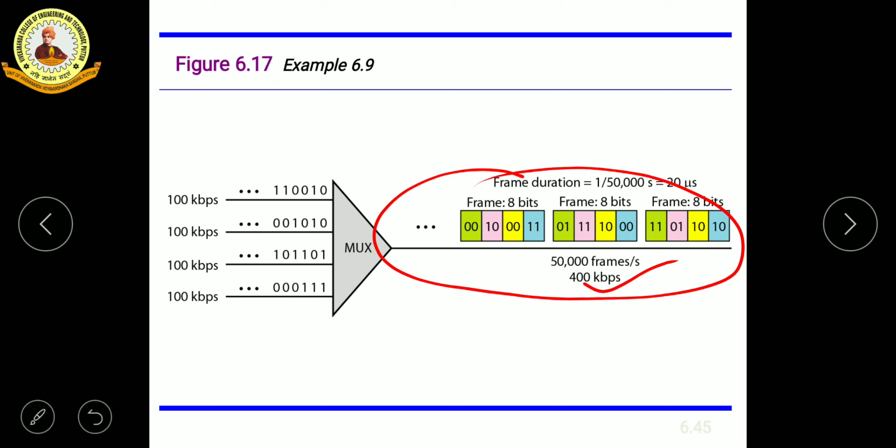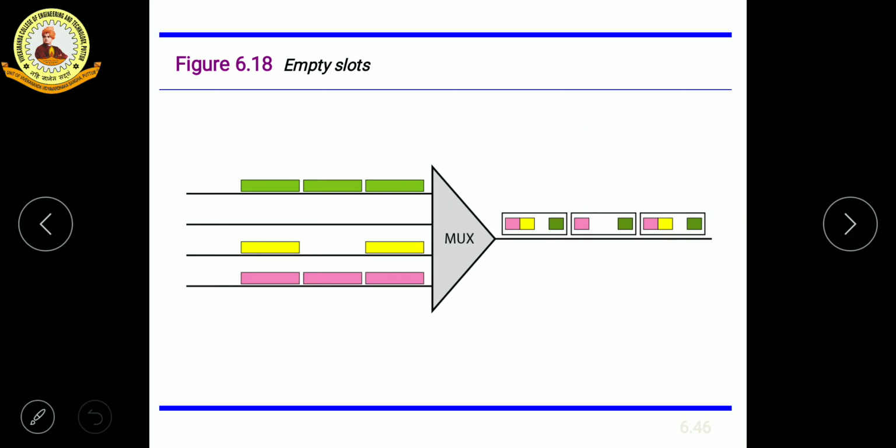The frame duration is 8 times the bit duration because we are using 8 bits here. In the previous one we did 3 into 1 by 3, but here what we have to do is multiply it by 8. That is the only difference between the previous problems and this problem. Right, we will go to the next